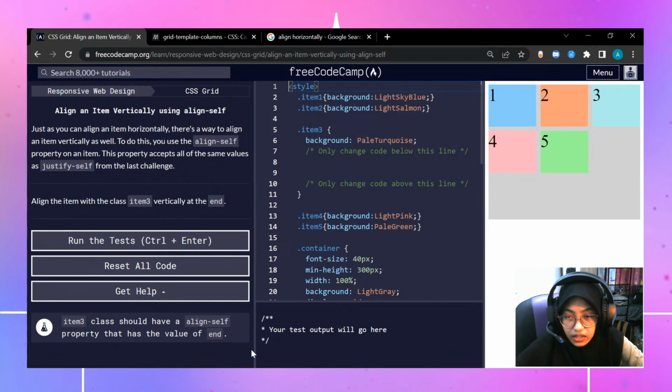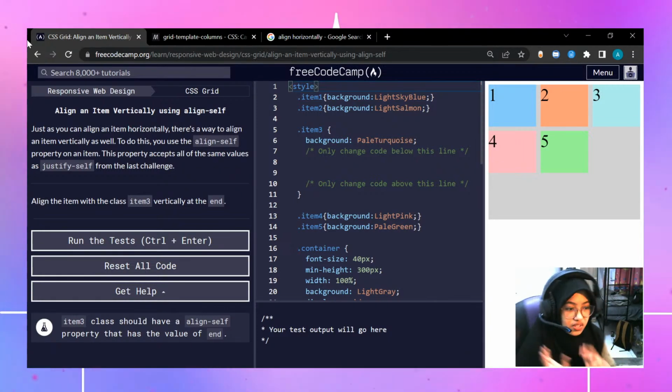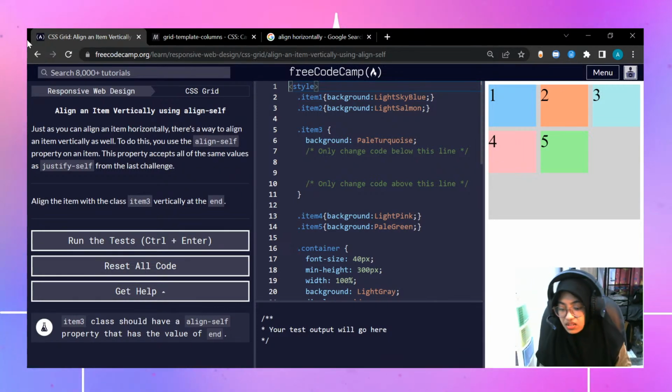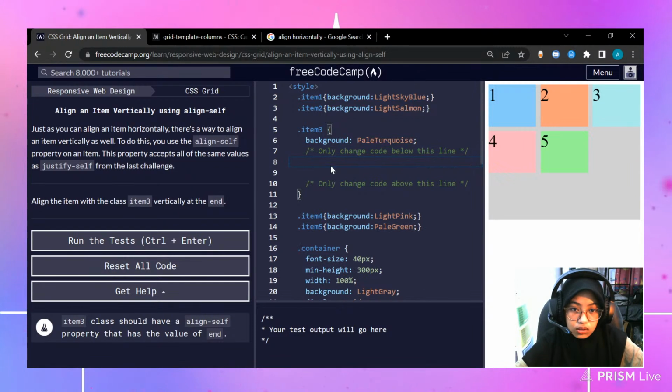Just as you can align items horizontally, there's a way to align items vertically as well. To do this, use align self. So the first one is justify self, and the second one is align self. Aligning items, like 3 in here. So we're selecting item 3 and then